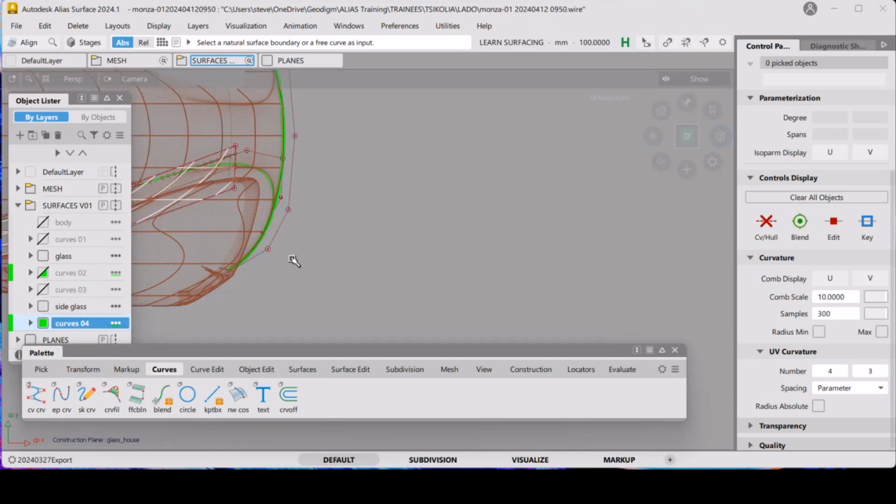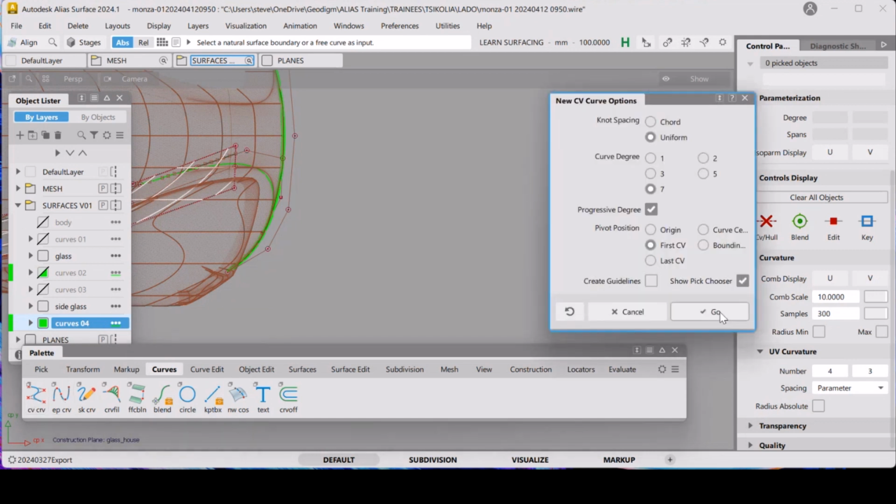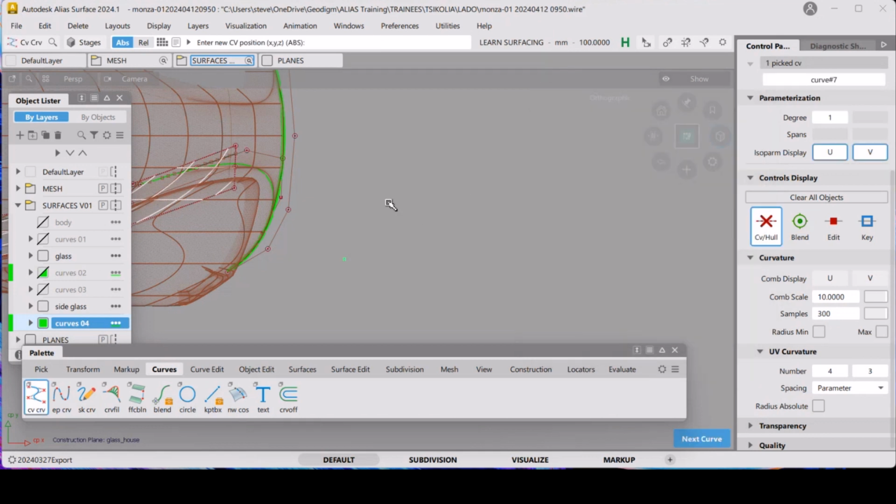Yes, so if you're creating any blend, what you want it to look like, so if I've got, say, a blend like this,